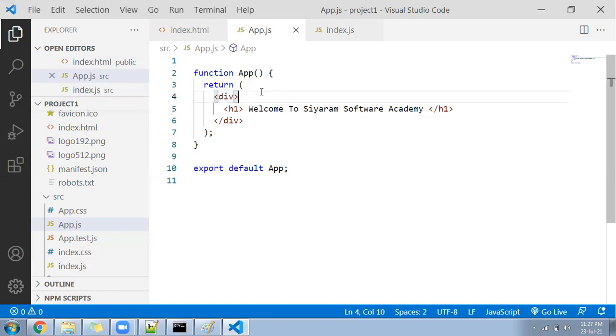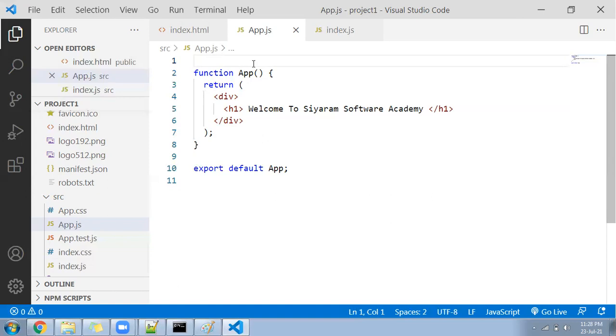I will give you 3-4 rules for JSX. Every time whenever you create a component, don't forget to import the React, because entire functionality is available under the React itself. Whichever functionality you are going to use in your project, all the functionalities are available under the React. You must import the React first, then write. It is working, I'm not saying it is not working, but you should import the React.